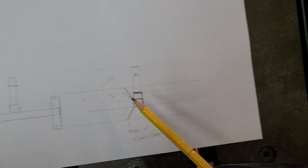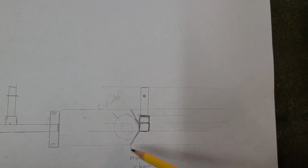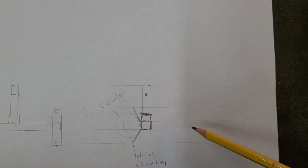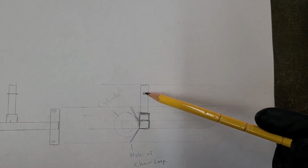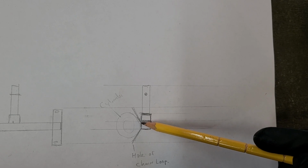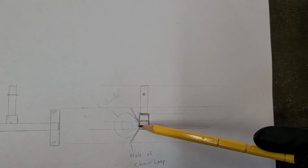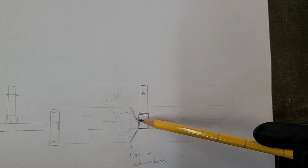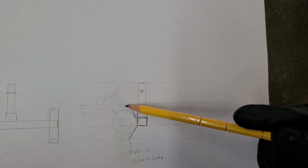This is my side view, transferred everything over with my transfer lines, my construction lines. So I've got my hitch pinhole. And I'm going to take that 3 1/2 inch flat strap and notch it either once or maybe even a second time to make it a little bit more of a cradle